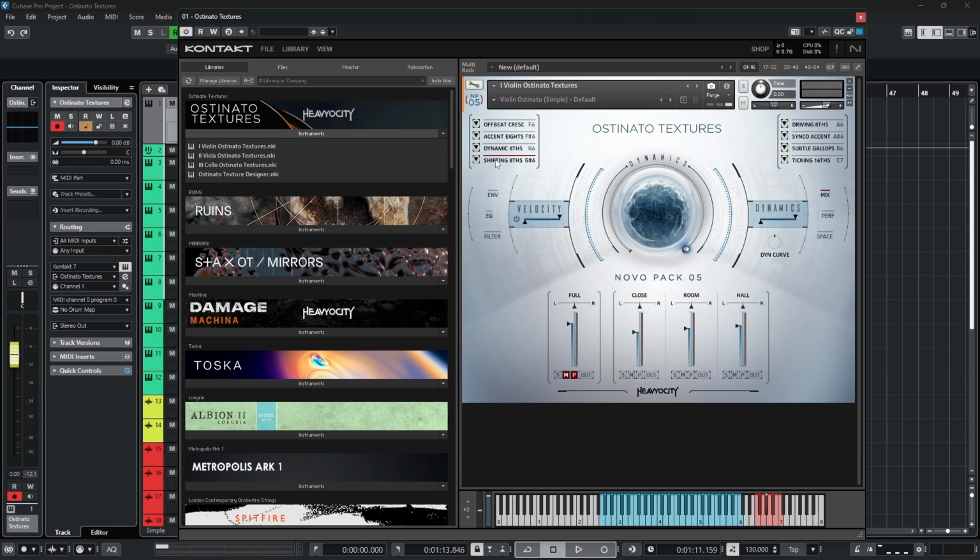The mod wheel is tied to this big dynamics control in the center, but I'm not actually sure there's any different dynamic layers. I think it might just be volume because they do sound similar across the range. But I have used that dynamics control in the track just to give it a little bit more variance for some of the patterns. So for the rest of the simple rhythms, we have some driving eighths,